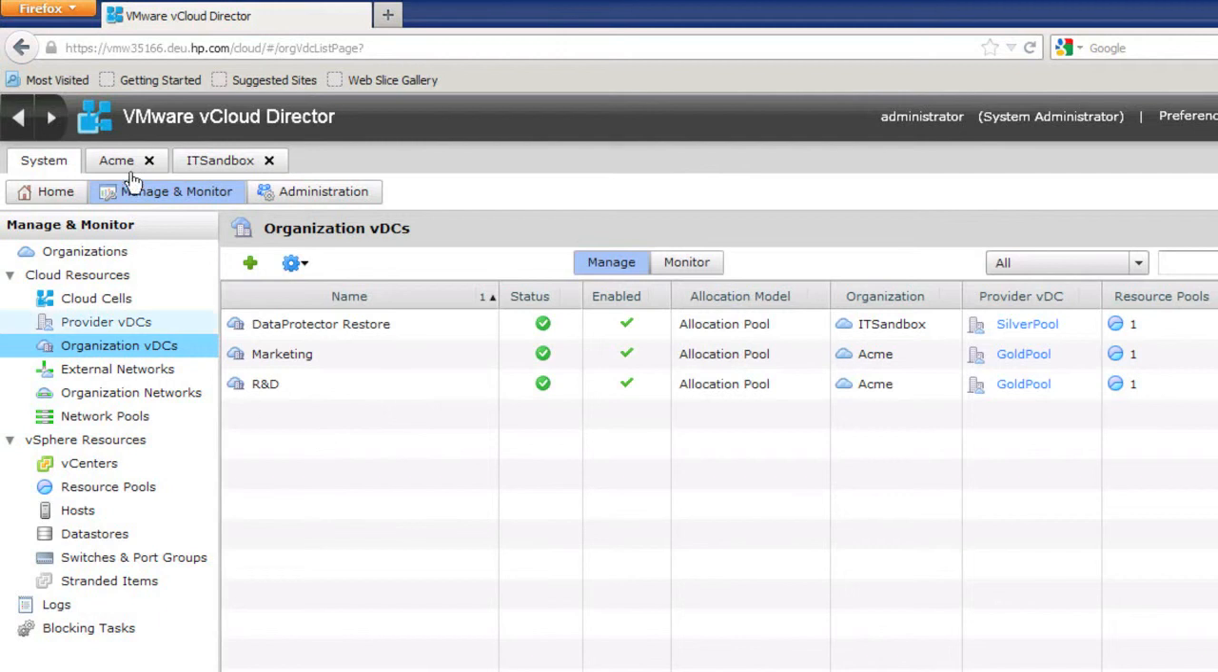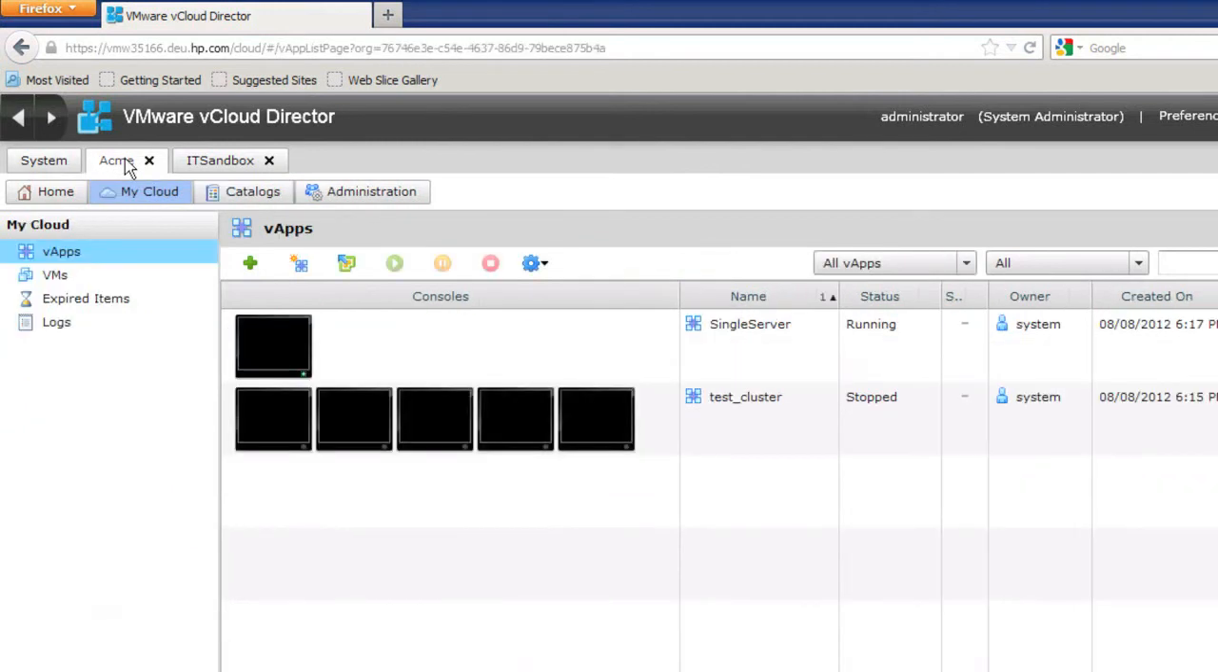As we focus in on one of the organizations that we've created called Acme, we can see a series of virtual machine objects, which are grouped in a logical object called a VApp. This is a construct that vCloud leverages to deploy virtual machines. Data Protector delivers fully automated policy-based protection for vCloud, enabling service providers to offer flexible protection options within a single